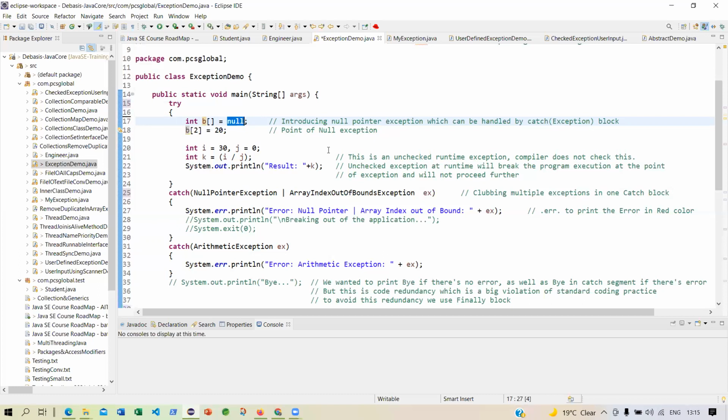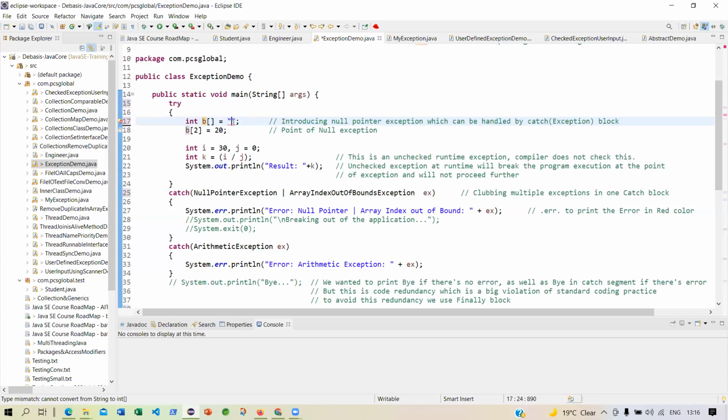I can do that with whatever knowledge of arrays I have. See, I have not done this, but suppose I do this. Is this correct? It is not correct. I'm getting a compilation error, because the compiler can immediately find out that this array is of type int, and I'm trying to store a string.